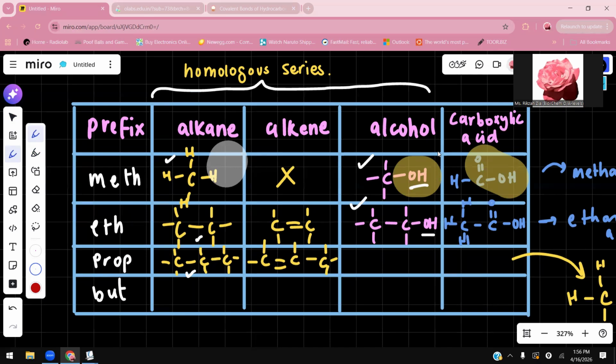Carboxylic acid is another example of a homologous series, another homologous family. And again, we can see that it's following a pattern. All members of your carboxylic acid family contain this functional group. Okay. So all the members in a homologous series, all of them have the